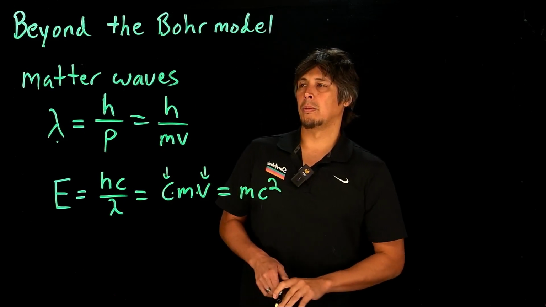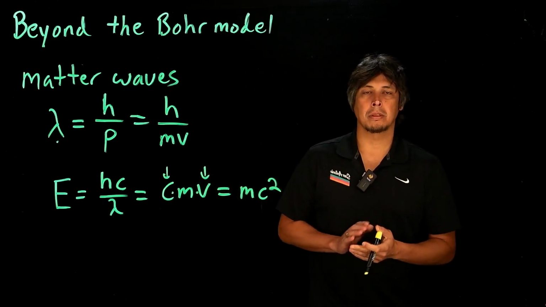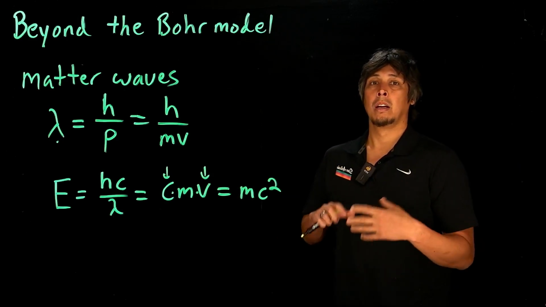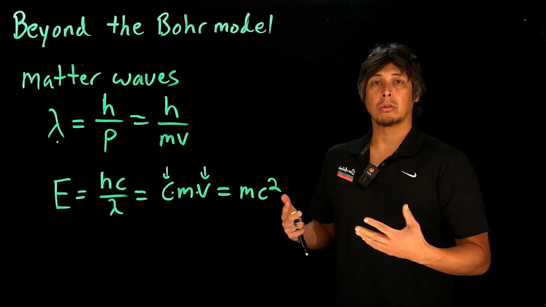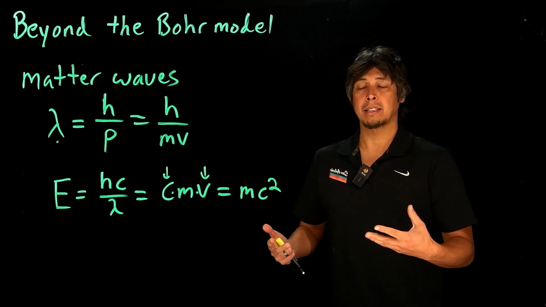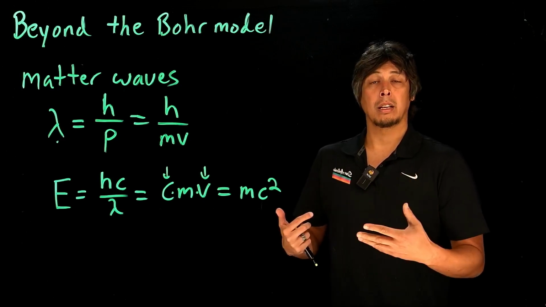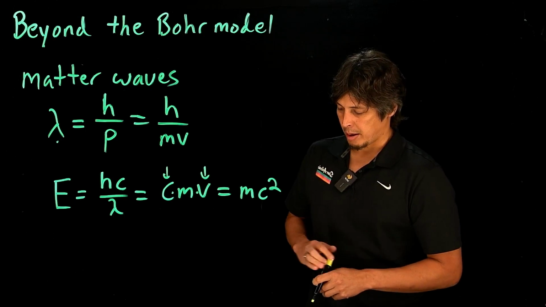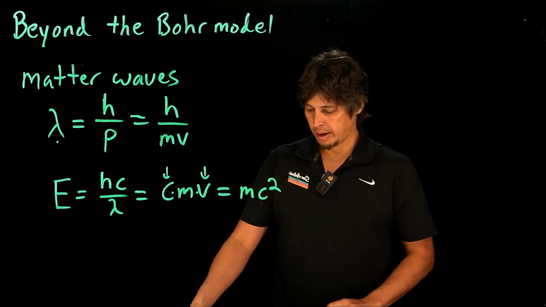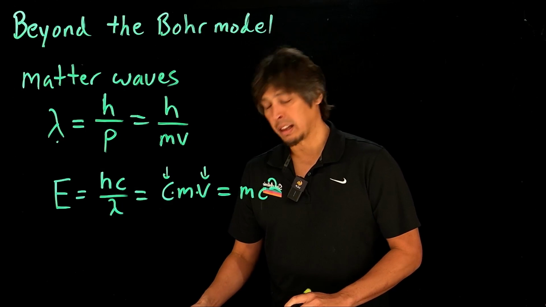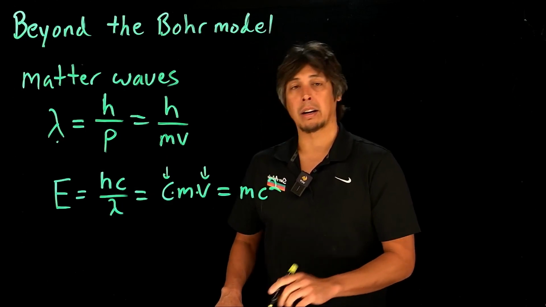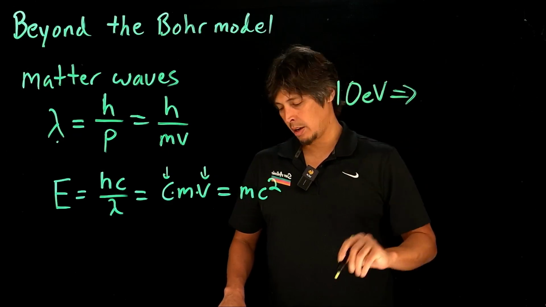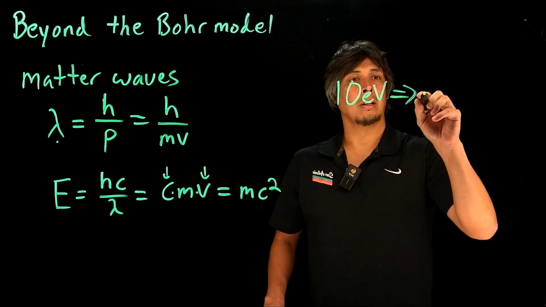All right, and so what these relationships tell us is, again, what we're trying to get at is this concept of matter waves. So particles, matter with mass, such as electrons, can also have wave-like properties in addition to their particle properties. And so, for instance, let's say we had an electron with a kinetic energy of 10 electron volts. What this would correspond to when we calculate this out is